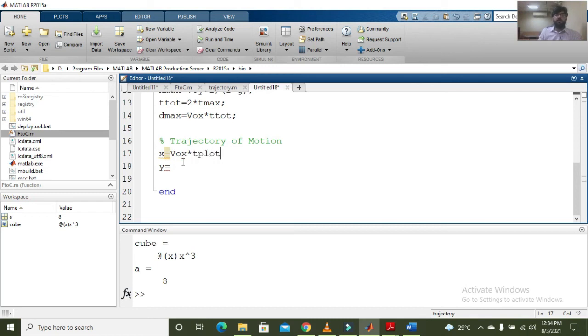I'm just giving it a name, t plot. What is t plot? I haven't defined it yet. I will define it later.